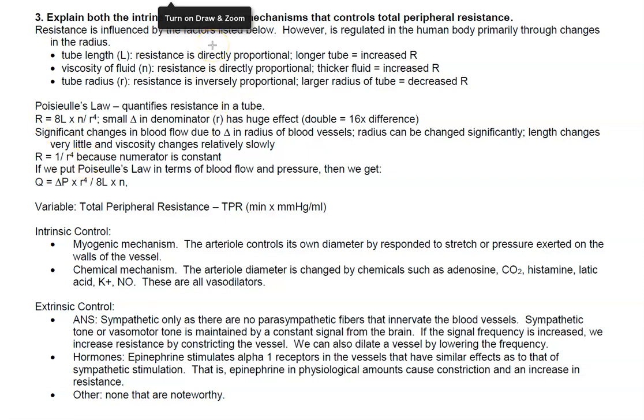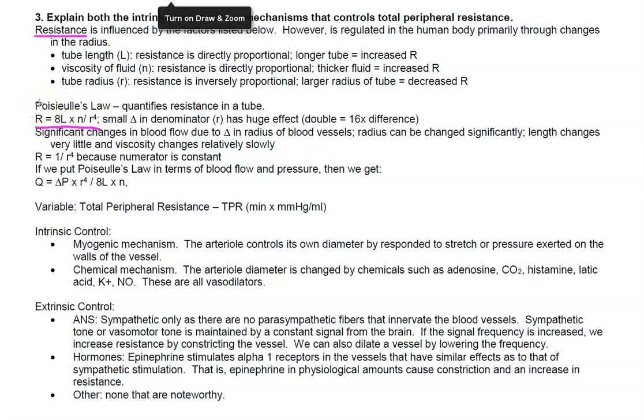the resistance. Resistance in humans is determined in our blood vessels by Poiseuille's law. Remember that Poiseuille's law has to do with the tube length, the viscosity of the fluid, and the tube radius. So here it is right here. Poiseuille quantified that in a tube: 8L times N over r to the fourth. So big R resistance equals a coefficient we're not going to worry about, times L, capital L, the length of the vessel, times N, the viscosity, divided by small r, the radius, to the fourth